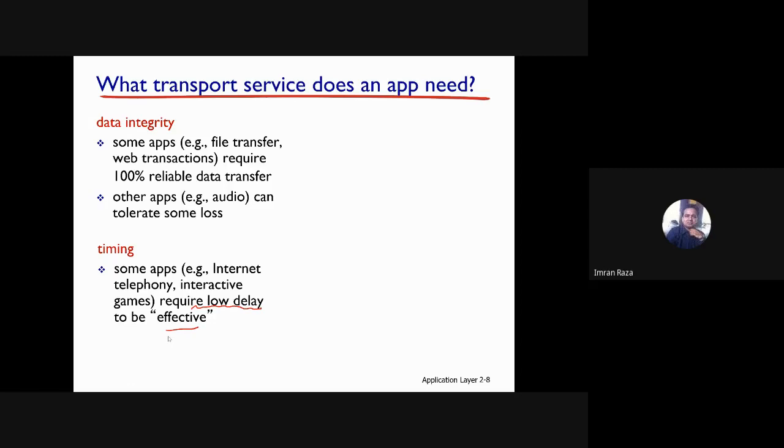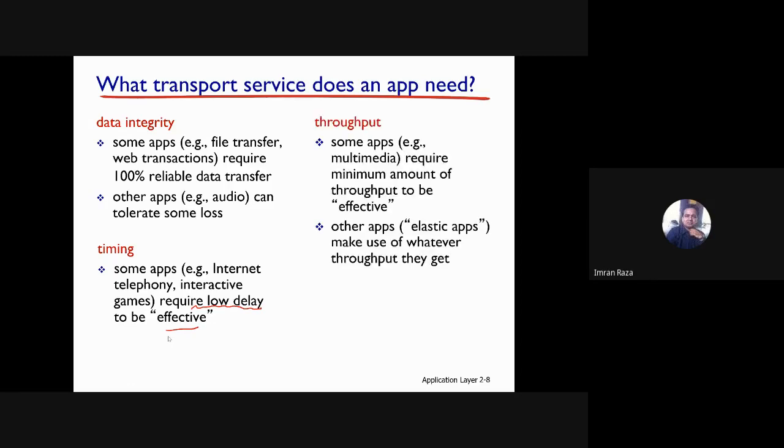By the way, it's very hard to provide timing and throughput guarantees. It's very challenging, right? If we talk about throughput, there are some applications that are bandwidth sensitive.